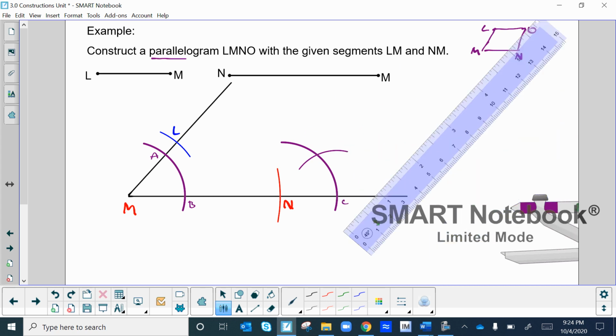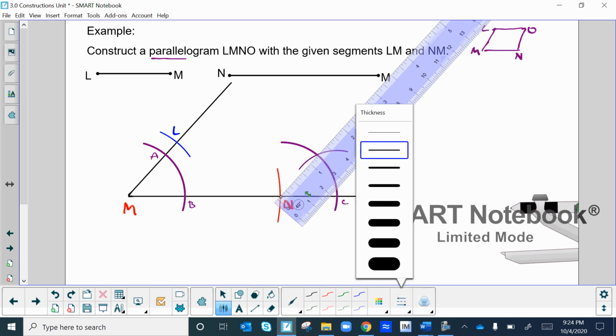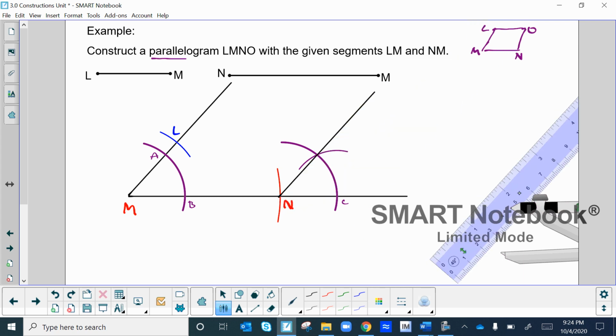Now you want to get your ruler and draw a line going through that intersection point. Let me get my black pen. Like so, and draw. You can draw it extra long just to be on the safe side. Now remember,